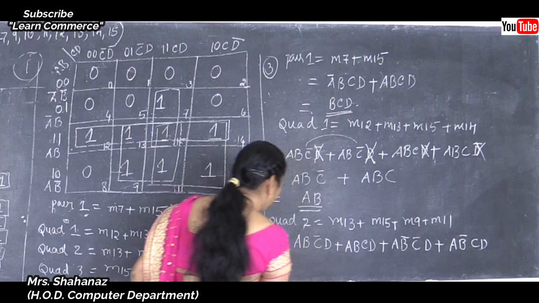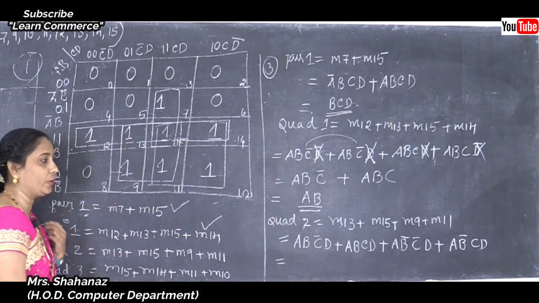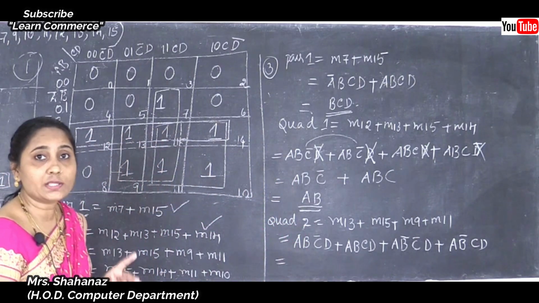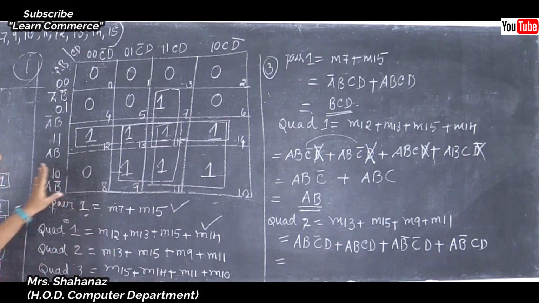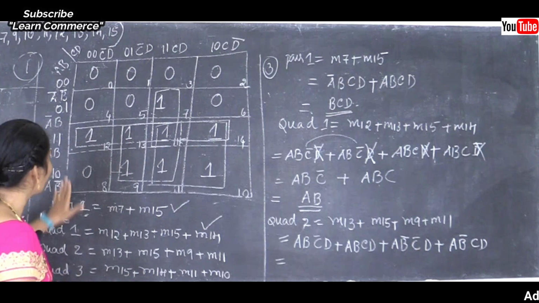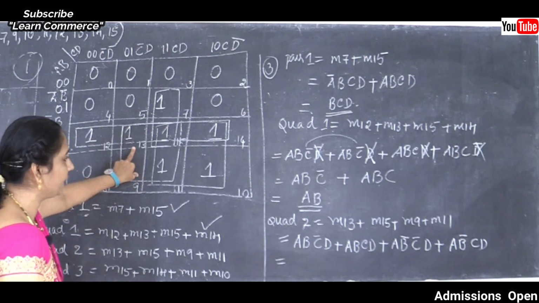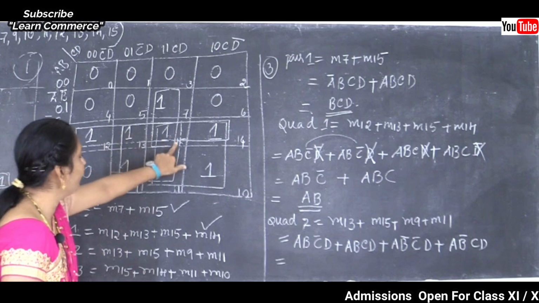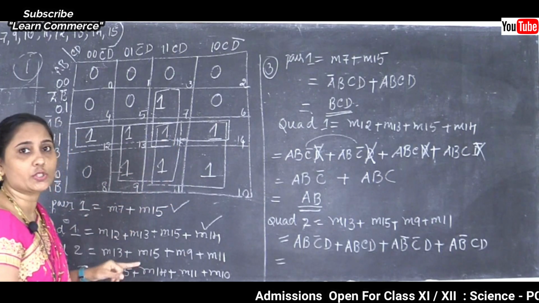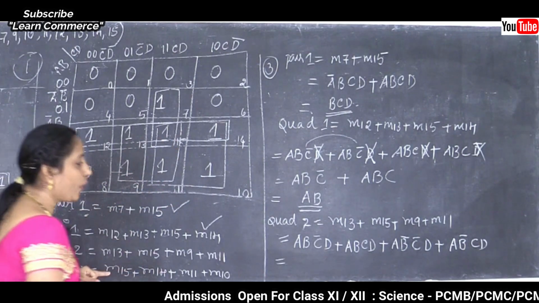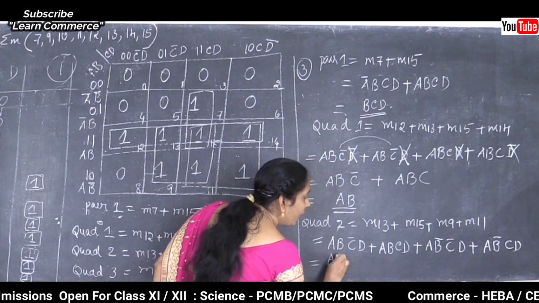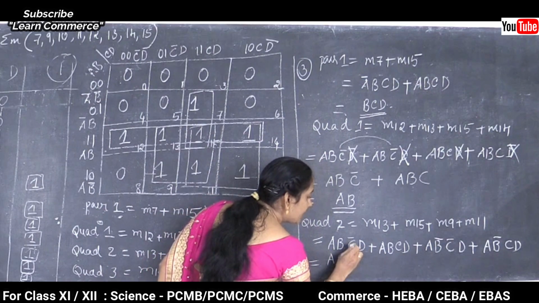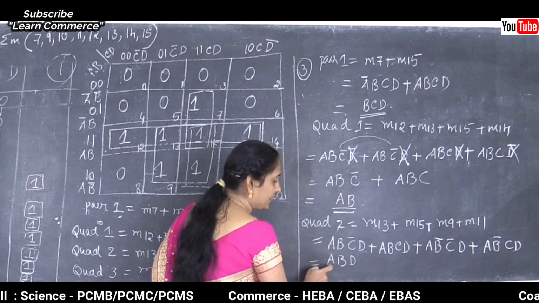But always remember, before taking the value or after taking the value, you have to check it. Clear this point here? Whether all those values, whatever values you have taken, are correct or not. So now I just completed the values 13, 15, 9, 11. I am going to search for the answer for the quad 2. So when you are going to compare, which value we need to remove: the C value we need to remove. The answer is A, B, D.